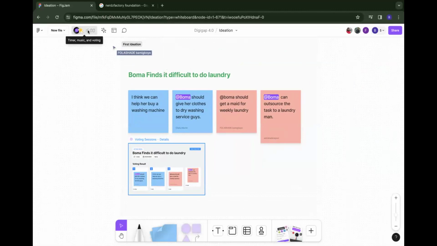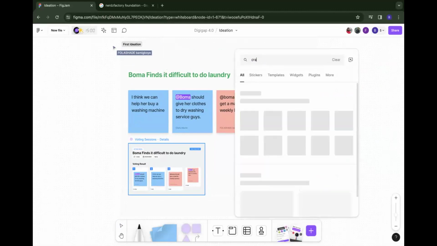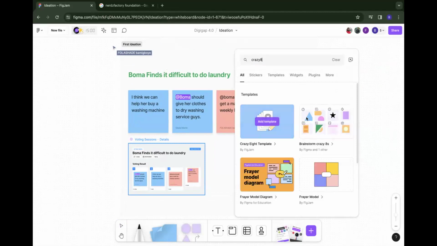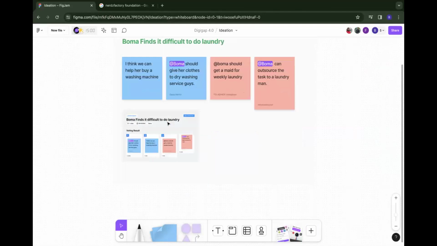You can decide to do crazy eight. So I can come here and say crazy eight. That's where everybody gives different ideas. Or just search for anything that you feel can be there. You can see there's a crazy eight template where you would have 8 different ideas and you all put them there. So anything you want, you can do a different activity. The good thing about it is it's going to be all fun